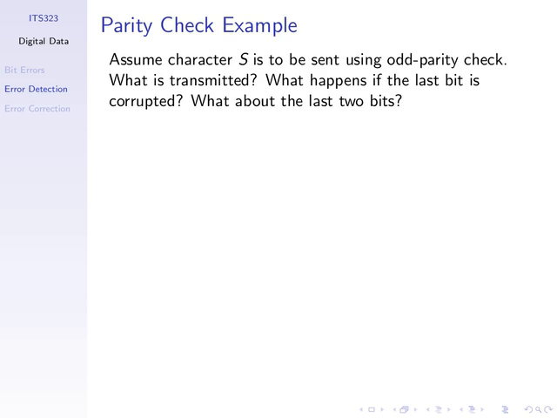We need to look at what is received. Last 2 bits in error, this is what's received. Last 2 bits were alternated or swapped in sign. And how many ones? Even number, an odd number of ones. And we assume no error. Whenever there's an odd number of ones, we assume everything's okay. Even number, assume an error. Assume no error, therefore the received data,